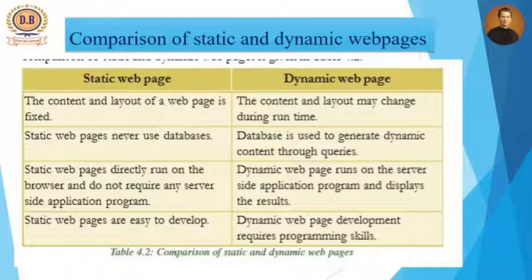For example, suppose we are checking the result of the +1 examination. Normally teachers will check the result using the school code because they don't know the individual student and also their date of birth. So definitely the school will check according to school-wise details, but the students are checking individual results. So whatever we are checking, according to that we are getting the response. If I am checking school-wise, then I am getting one layout. If I am checking an individual result, then I am getting another layout. Okay, because it belongs to a dynamic web page. So according to the request, we are getting different layouts.